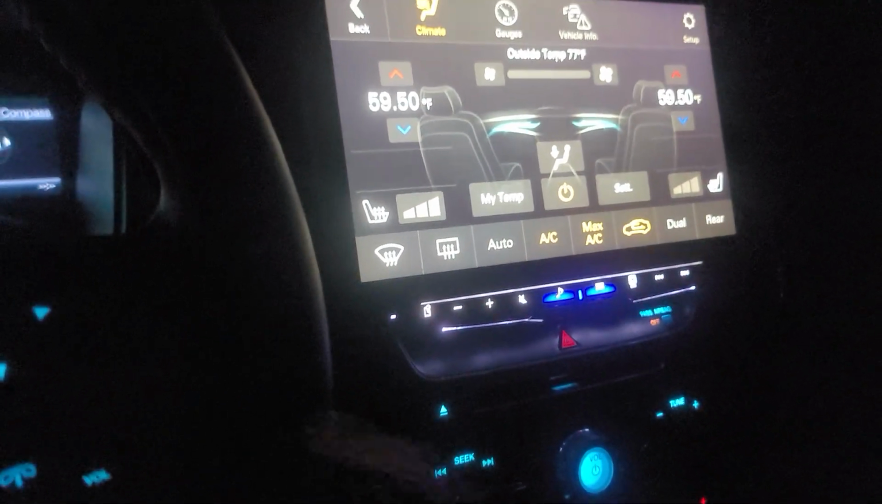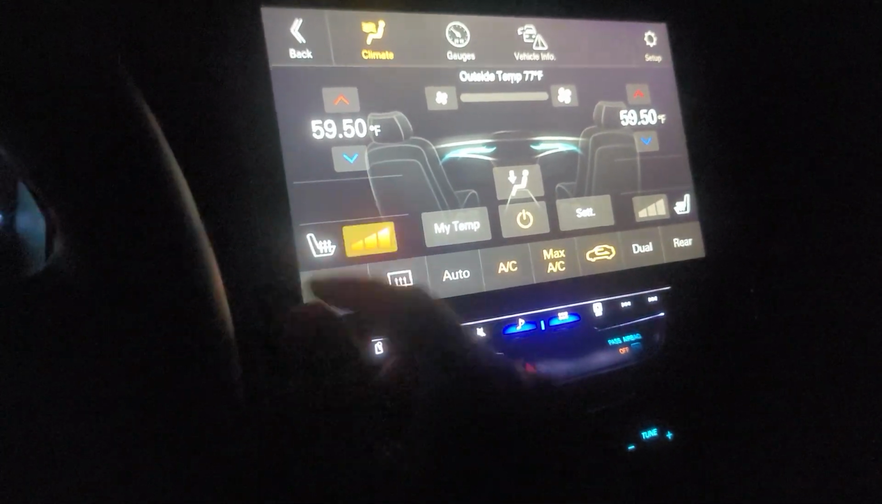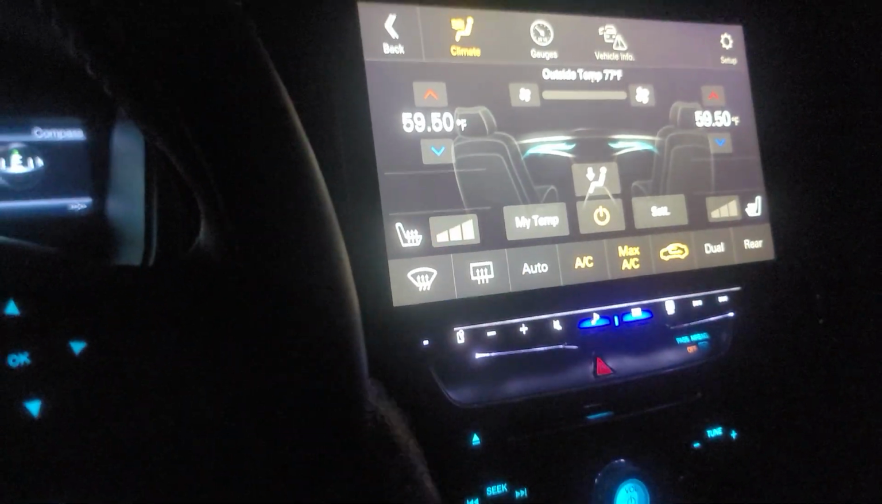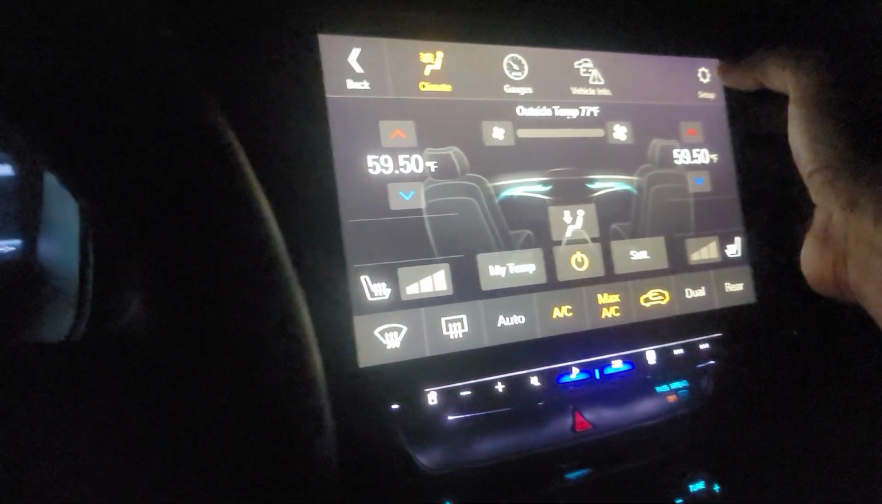Anyways, so I've got my heated seats. I can turn that on and off. Just tap it. The first tap is max, second is medium, third is low, and the fourth tap is off. You can go into your setup here,